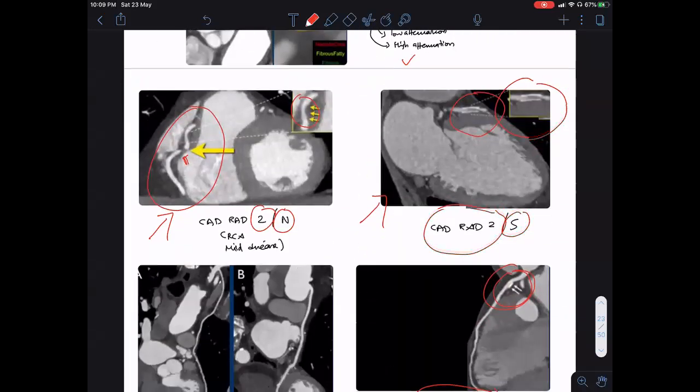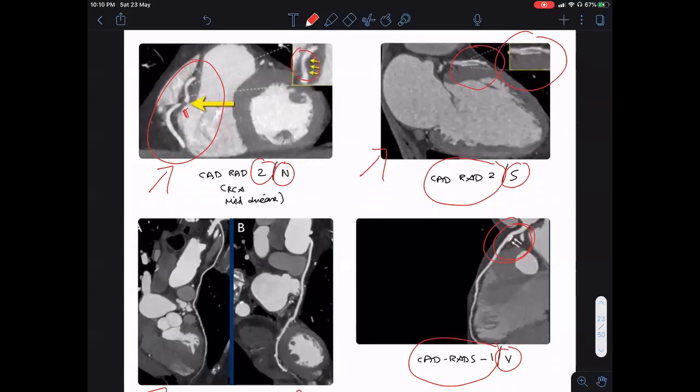Okay. So I was saying that we discussed the vulnerable plaques. So I thought we'll look at a few examples of the CAD-RADS system in action. So this first picture on the left, we can see that this is a multiplanar curvilinear reconstruction of the coronary artery, the RCA in this case. This part is showing some sort of a signal dropout, but when it was looked at from another angle, it was found that the lumen was fine, maybe about a 20 to 30% lesion. So we give this notation as CAD-RADS 2. We use N here because there is really nothing, just a non-specific finding.